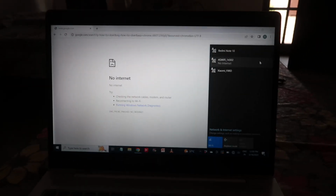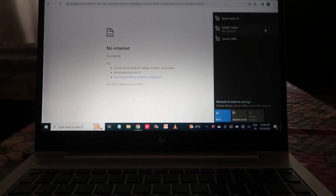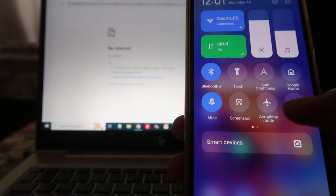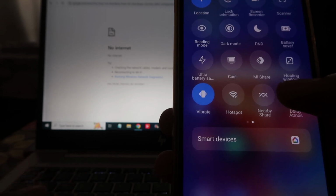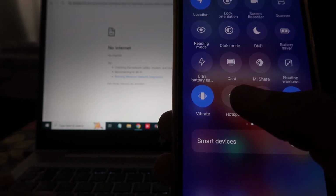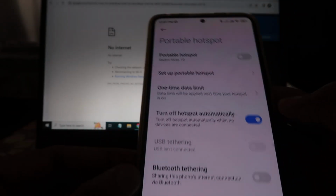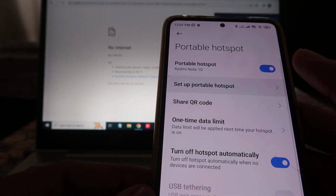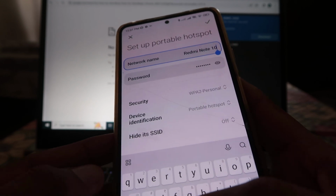What we have to do, first of all, as you can check out, this is our mobile phone. Over here we have to go to the drop downs, and over there we have to go to the Wi-Fi functions. From there we have to choose this hotspot option and switch it on first of all if it's off, and after that we have to click on setup portable hotspot, and over there you have to change the Wi-Fi hotspot